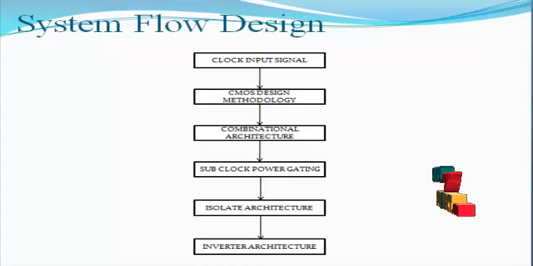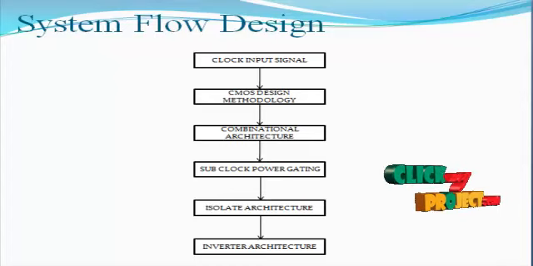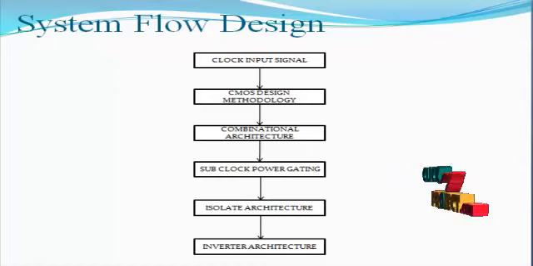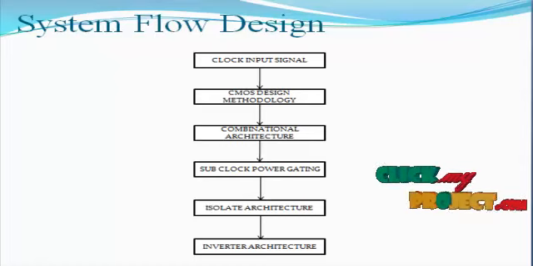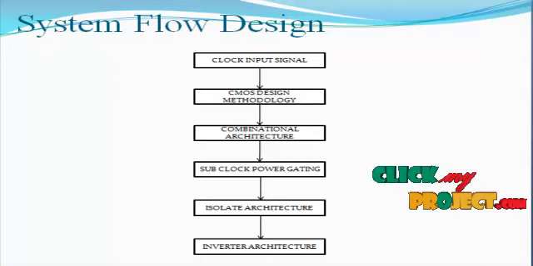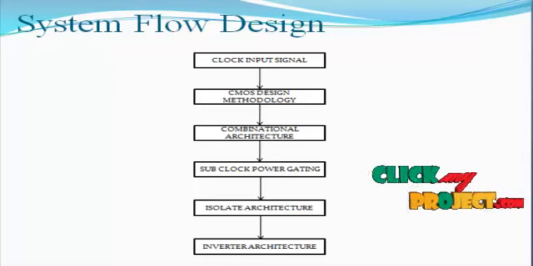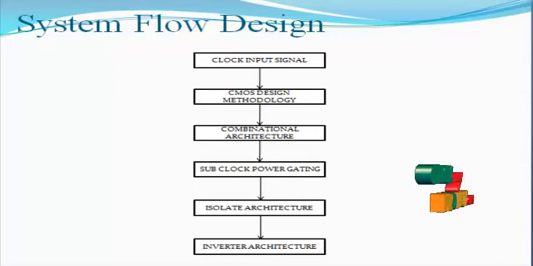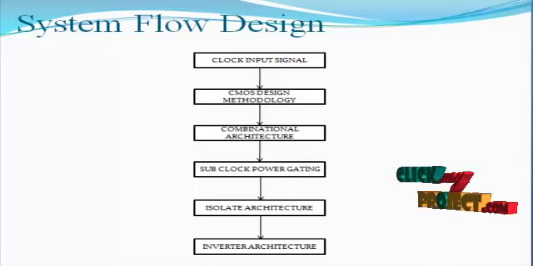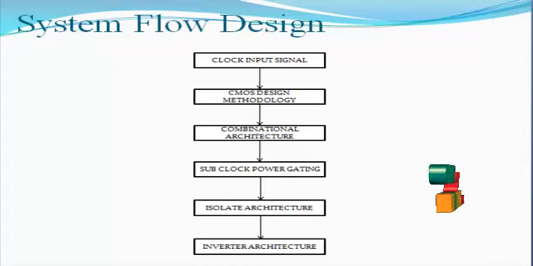This power gating maintains the clocking signal based on our first combinational architecture result and the second combinational architecture result. These comparing results are placed by the isolate functions to maintain the clocking signal for our overall architecture. So we reduce the power consumption for separate clocking cycles by replacing them with the subclock power gating technique in our overall architecture. This subclock power gating minimizes the power consumption and improves the system performance level.